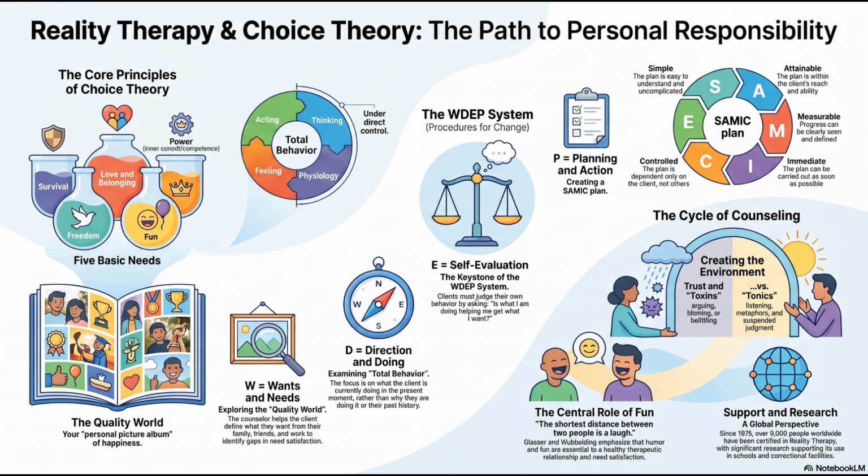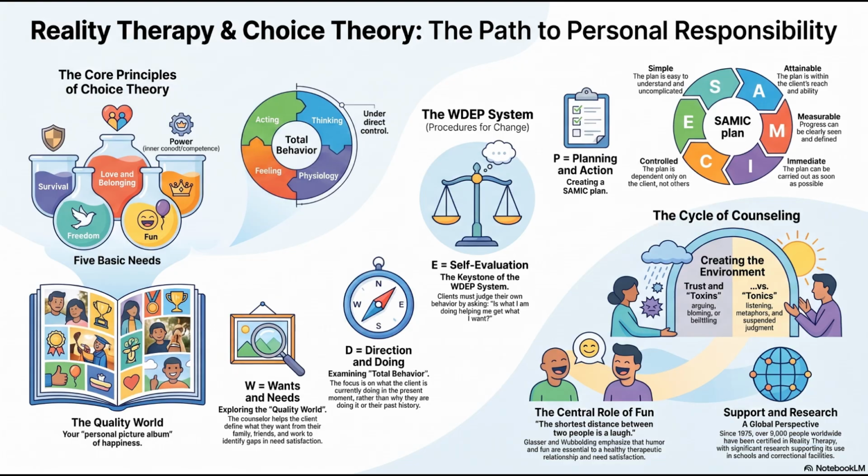That is amazing. And that transition really highlights the final step, P, which is planning. Because recognizing that your behavior isn't working is a breakthrough, but you have to plan a new behavior to replace it. You do. And the text is very clear that a plan will fail if it isn't structured correctly. They use another acronym for this, SAMIC. Let's explore the mechanics of SAMIC, because a bad plan is honestly often worse than no plan at all.